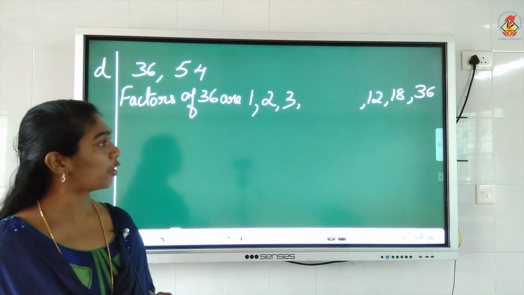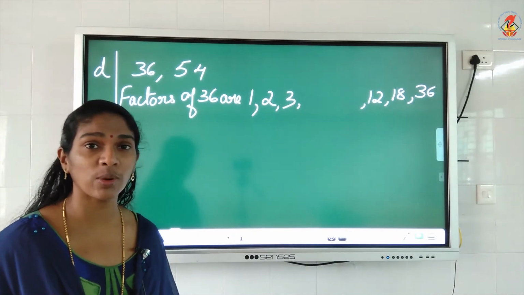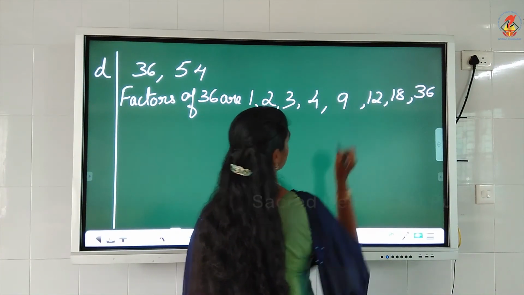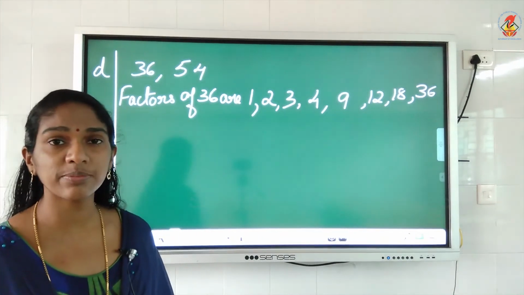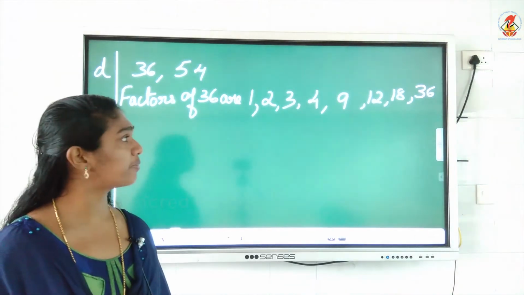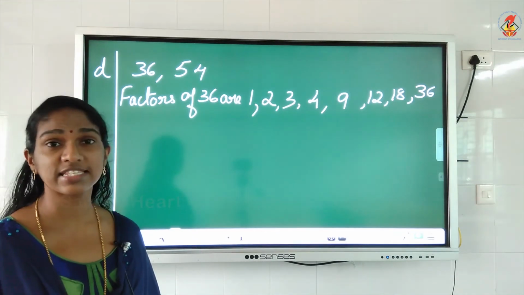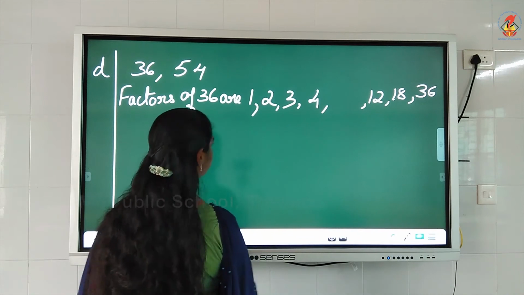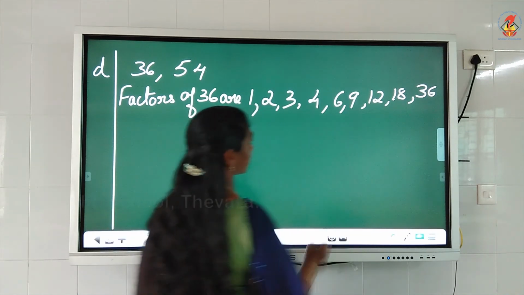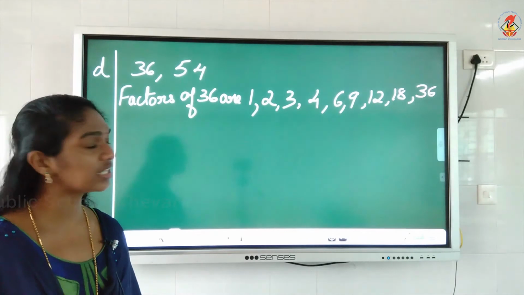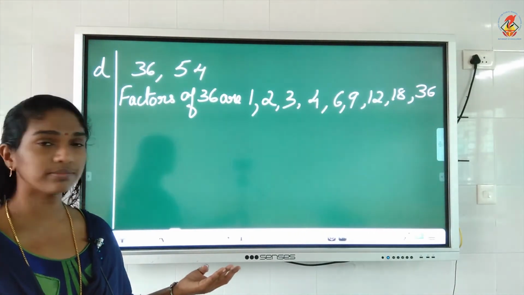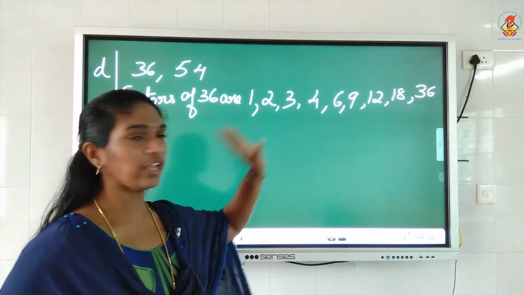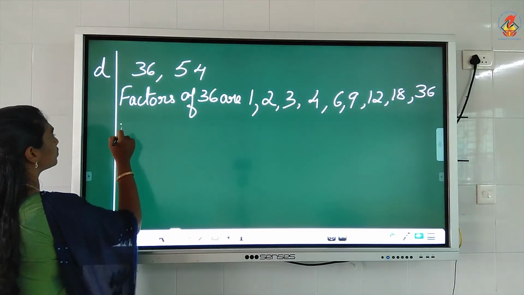Okay, children. Now, coming into 4's table. Do you have 36? Yes, 4 9s are 36. Then 5's table? No. 6's table? Yes, 6 6s are 36. So I'll write 6 only once. I'll put a small gap here, 6 and then I'll write 9. Then 7's table? No. 8's table? No. 9's table? You've already found out. Okay, children?